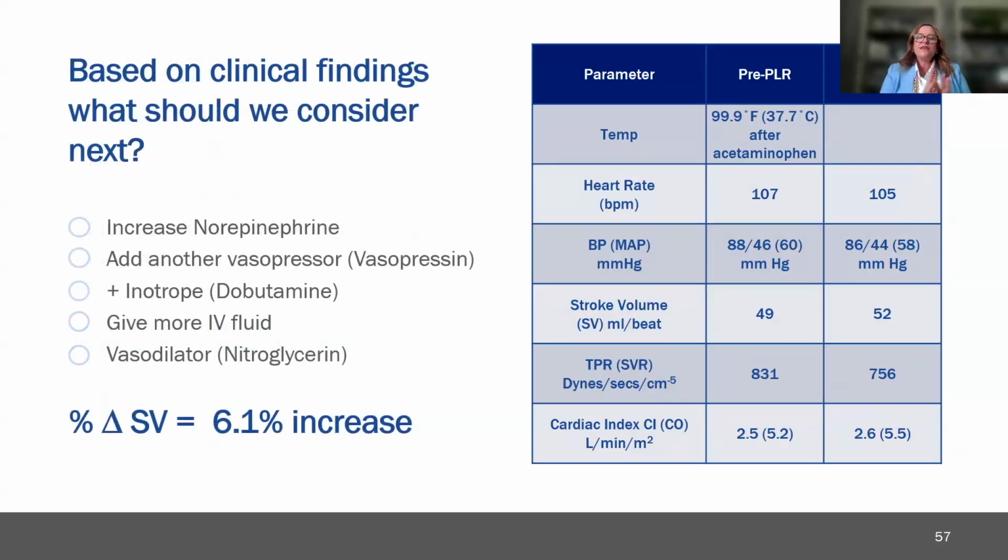So what should we think would be our next step? Based on our clinical findings, what should we consider next? And I'm going to pause just for a moment to let you have some time to think. Are we going to increase the norepinephrine? Are we going to add vasopressin? Are we going to add a positive inotrope? Are we going to give more IV fluid? Or are we going to give a vasodilator? And I hope you all chose